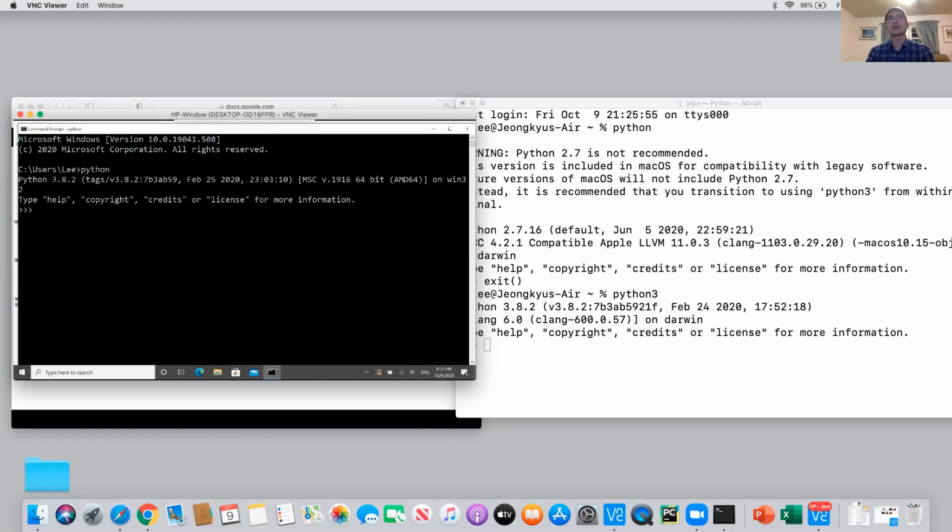The current version is 3.9, which we are not going to use yet. Usually the current version is not stable, so we are going to use 3.8. Among the 3.8 versions, I'm going to use 3.8.2 in this class. What if I have 3.8.3 or 4? It's probably fine, but my lecture at SMU is based on 3.8.2. Okay, then